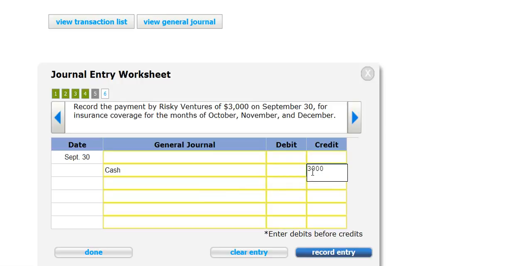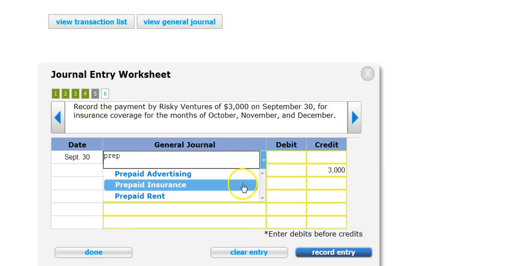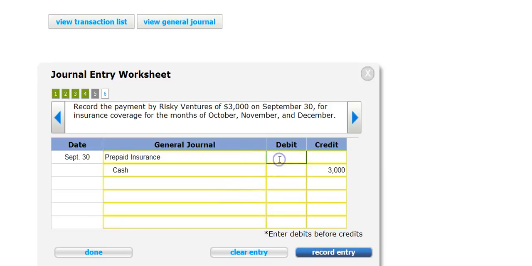What's our debit? Well, we haven't received the benefit of that cost at all. This is a prepaid expense. We'll call this prepaid insurance, and it's an asset, an economic right or resource to be covered by that insurance. Once we've used it up, we'll take it out of prepaid insurance and it will become insurance expense. And that's what we will do now on